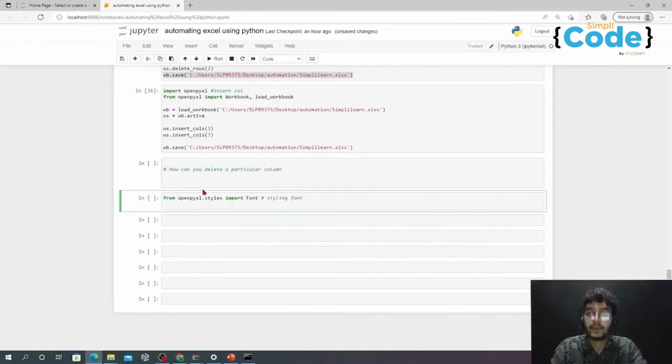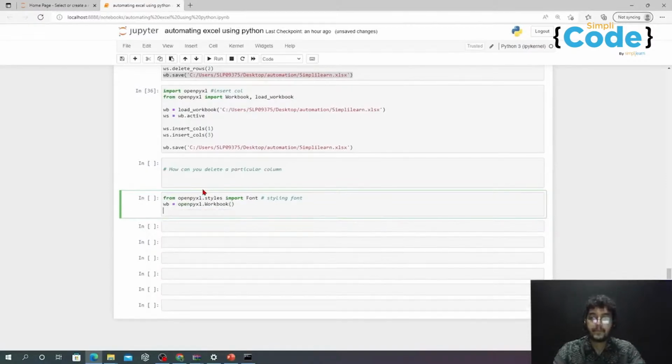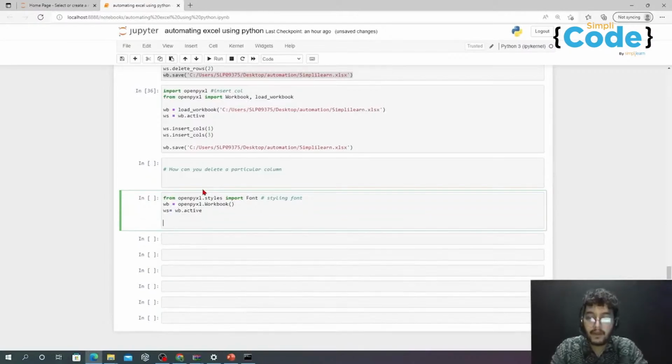Okay. So what I can do is wb equals openpyxl.Workbook, ws equals wb.active. Don't worry, I will explain to you. Row equals 1, column equals 1, value equals Simplilearn. Okay,